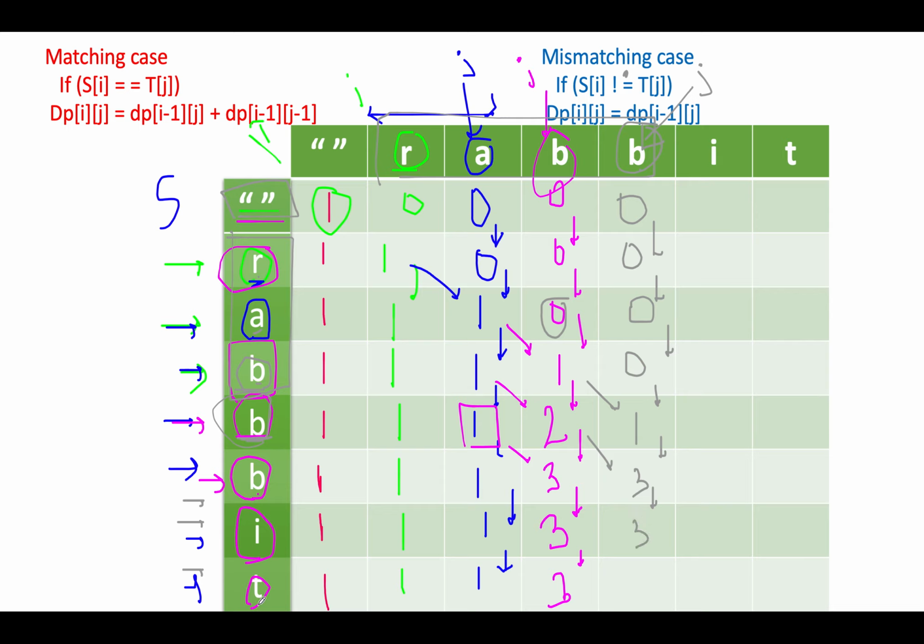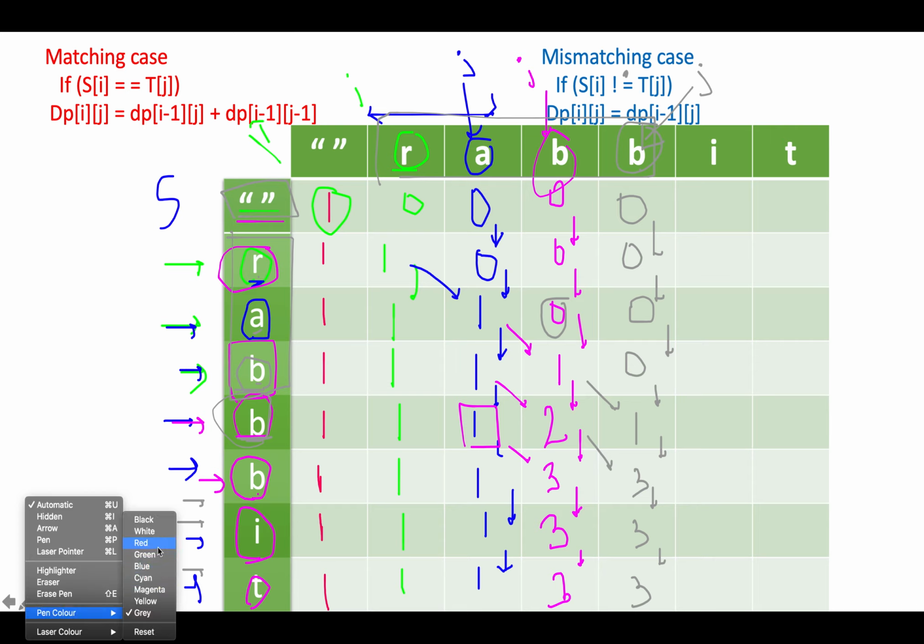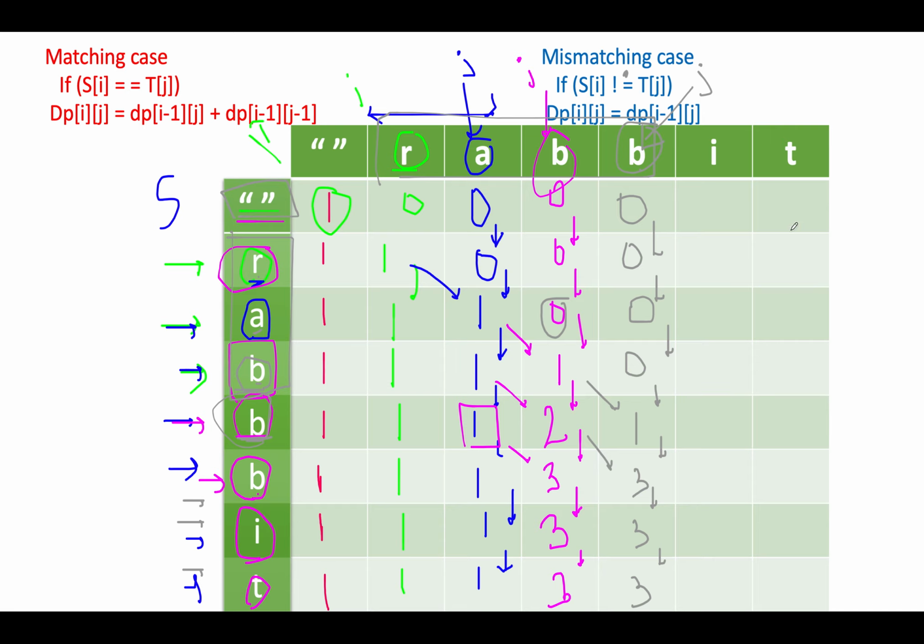Next we have T doesn't match with B. Whatever value is held in the previous row gets updated. Let me just change the color of pen for the next iteration to happen, and let's take black this time. So we have to consider characters up till ith index. So J gets updated to here, and since S is an empty string, there's no way out. This gets updated with 0.